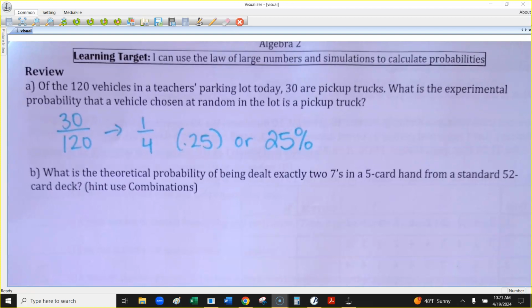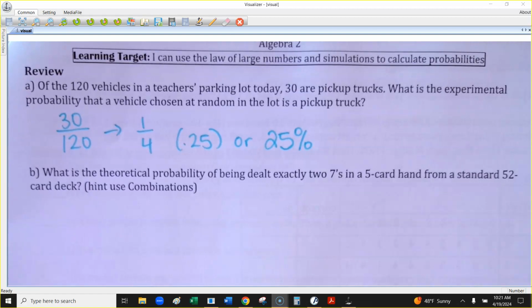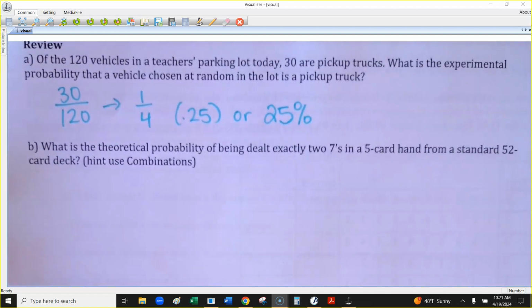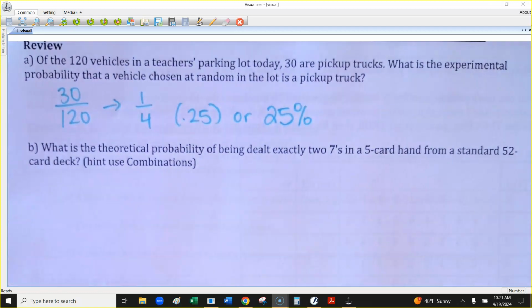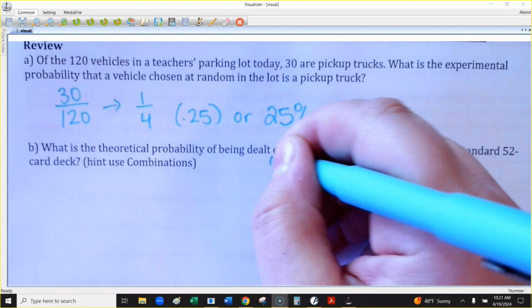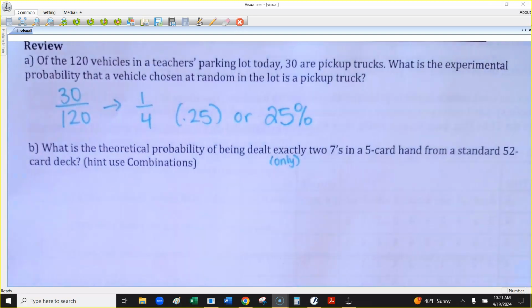Okay, now this one's a little tricky, I'm not gonna lie to you, but it's not bad. So this is, what's the theoretical probability being dealt exactly? So if you see the word exactly, that means only. So exactly 2 7s in a 5-card hand from a standard 52-card deck. Okay, so